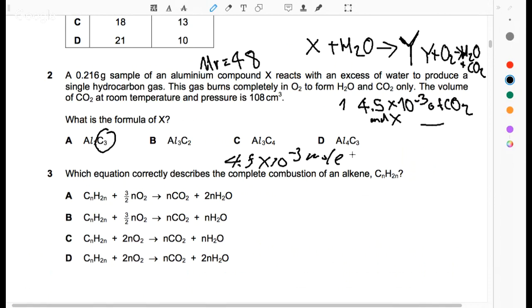And then you times it by the molar mass of carbon, which is 12, plus. If you let this be x, maybe we have x there already. Maybe let the number of aluminum be z. So z plus, yeah, z times